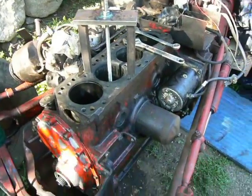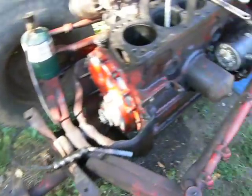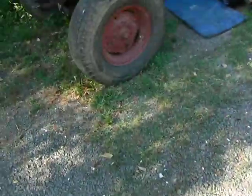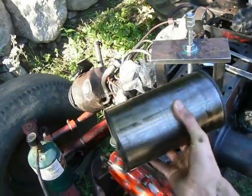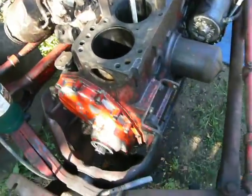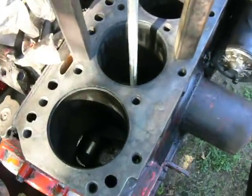So I got the majority of the motor apart, as you can see. There's the rest of the tractor. But I need to take the sleeves out. And here's what a sleeve looks like. I got one of them out so far. It's like that. There's a lip on the upper end. Goes in like so. I need a special puller, and I had a machinist friend of mine make this up